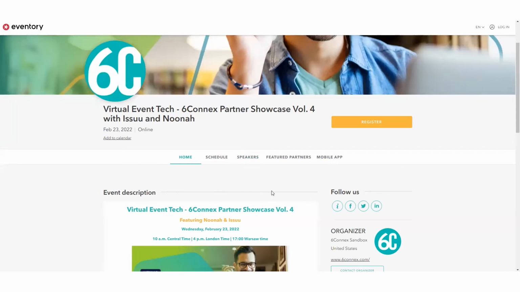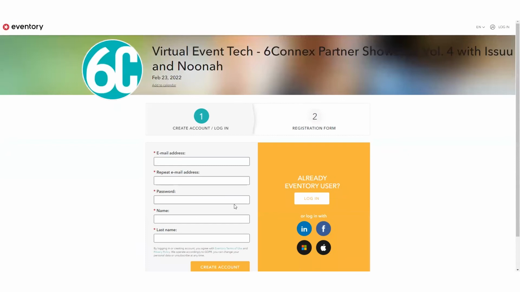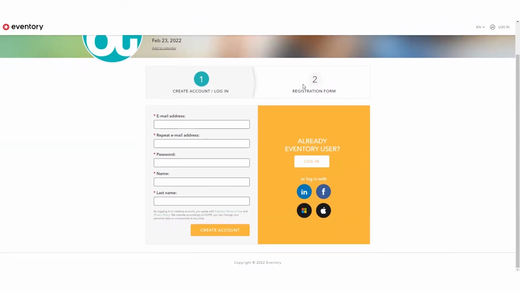Whenever we're looking at registration on the Eventory platform through 6Connex, we want to take a look at a couple different factors. One of those is how easy it is to register your people into your event. Now, this registration is set up with a couple of quick questions, being able to create that account, and then going forward to the registration form that asks a couple of questions for them to be able to access the